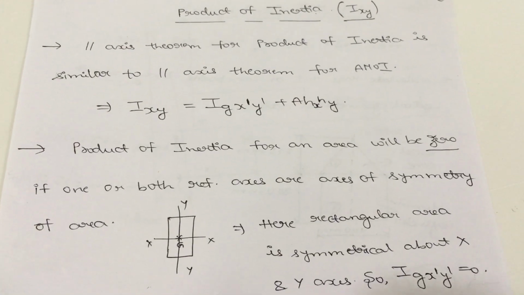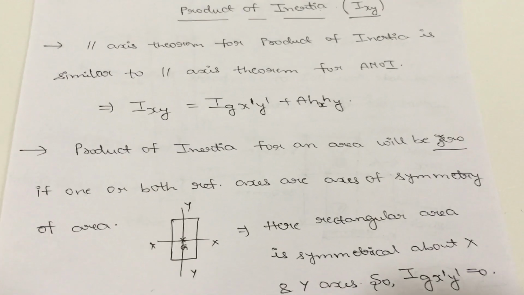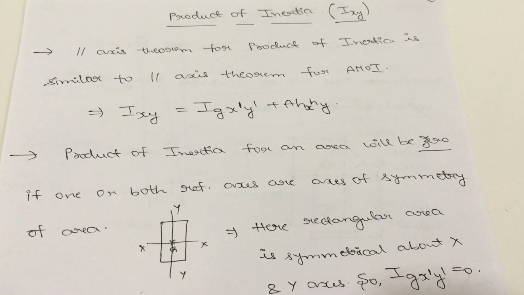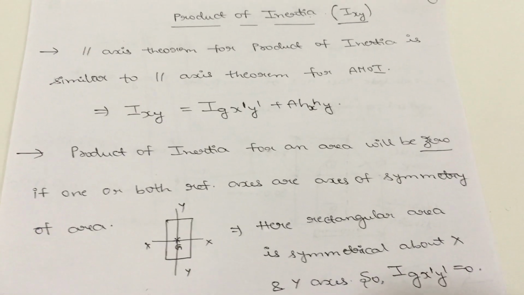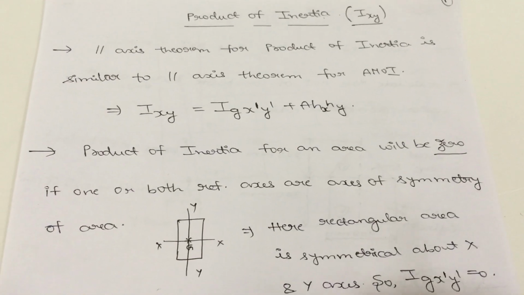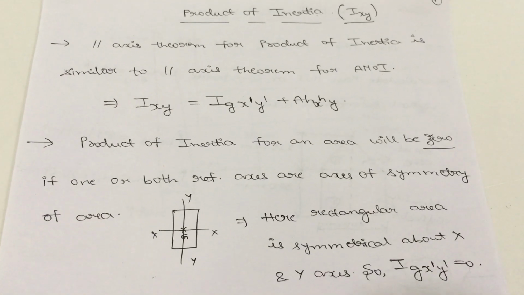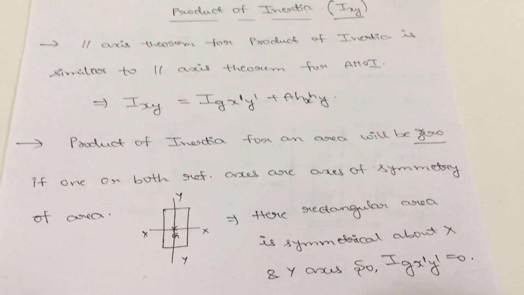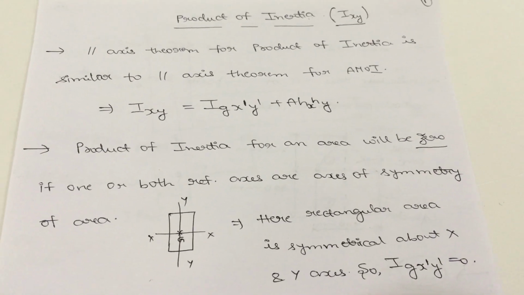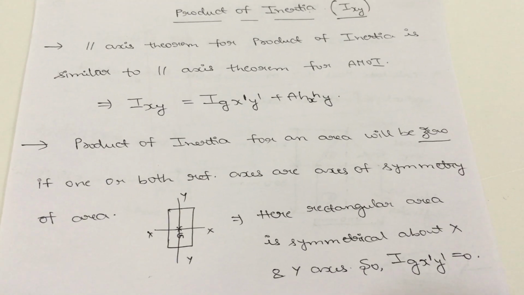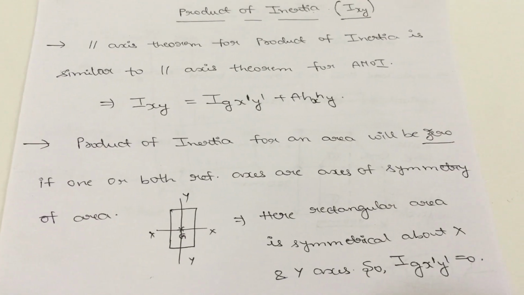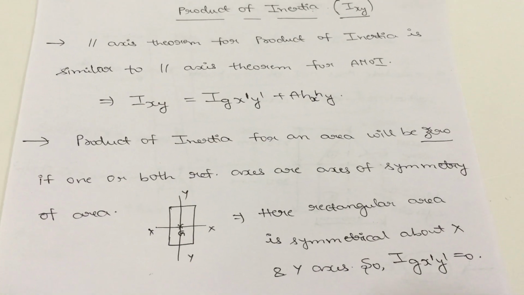Suppose composite sections are given in the question, then you need to use the plus sign in the last calculation. Suppose you get cutout sections, then in the last calculation you have to use the minus sign. Why? Because cutout sections are there, so you need to subtract the cutout sections from the main sections. That will be the difference, but the remaining procedure will be the same.